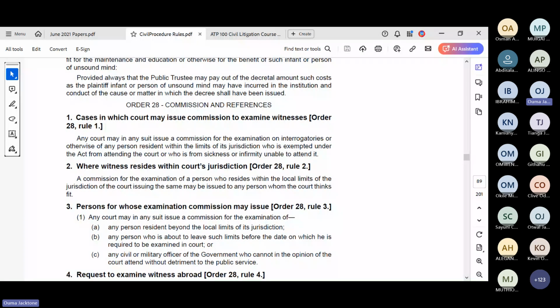Okay, and then you go to your supporting affidavit. You'll be saying, I, person XYZ of PO Box this and this, do make oath and state as follows: that I am the applicant in this matter and therefore competent to swear this affidavit. Remember, who do you want to examine? Person XYZ.